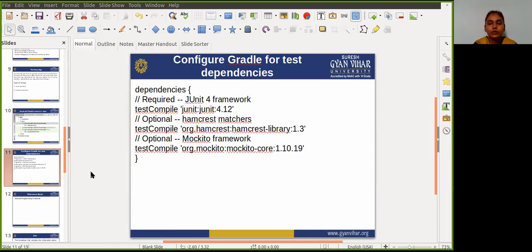Note that the version numbers for these libraries may change. So if Android supports a newer library, just update the number to reflect the correct version. Okay, so guys, the version is totally changeable; as per your need, just change that version number.